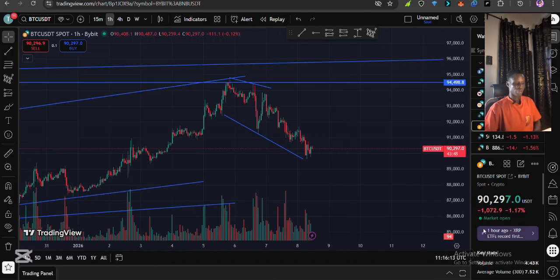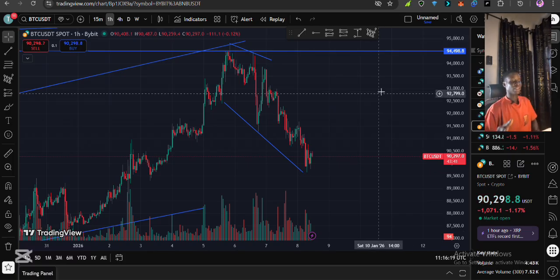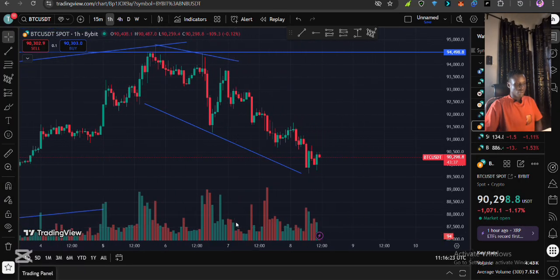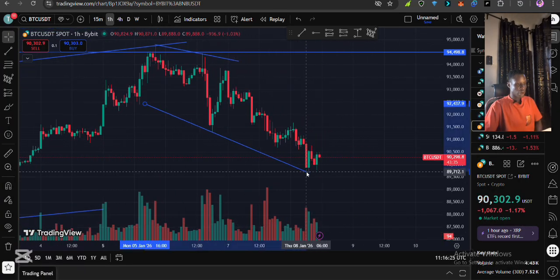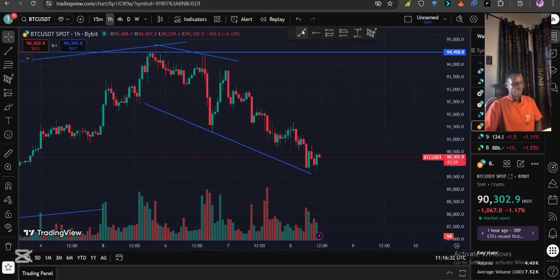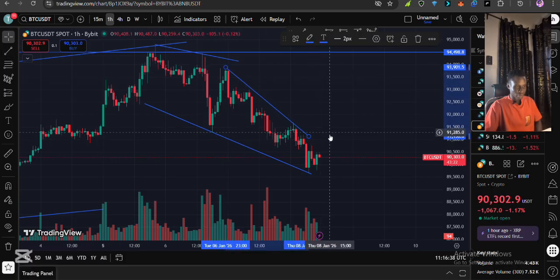So let's just check the bigger picture of what we've seen on our 4 hours time frame, whether we are going to have another thing entirely. So we can see this now, that what we are having here is not impulsive yet. From this point now, I expect the market to, from this correction we are having,